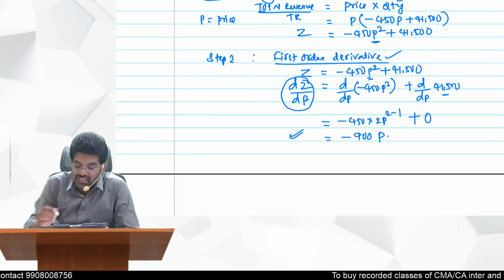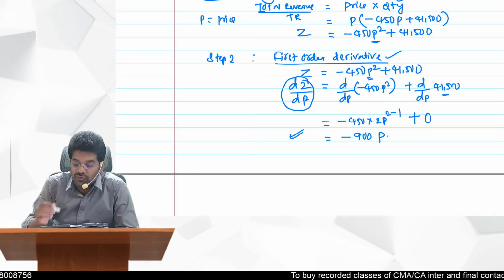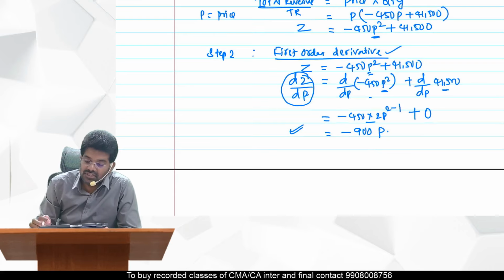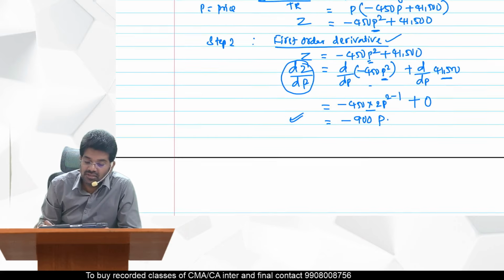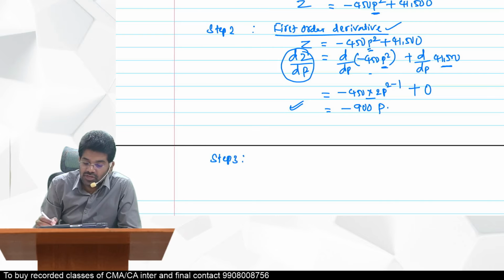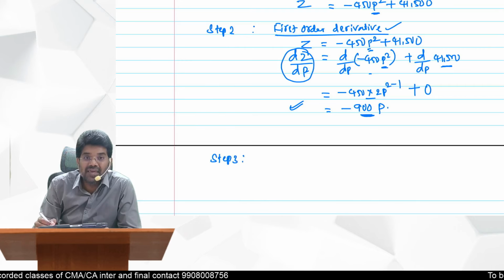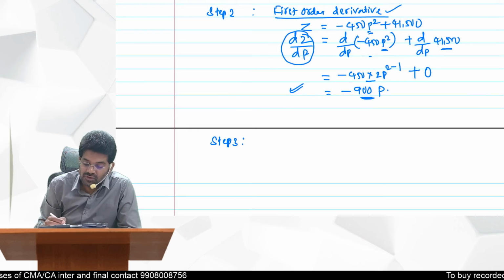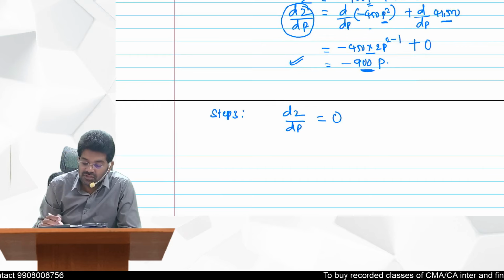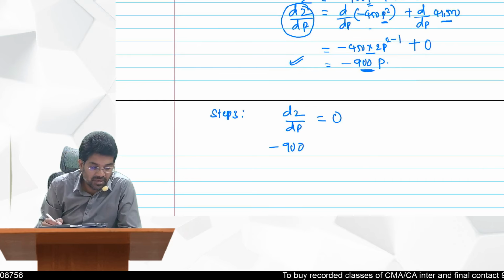So now you can understand that without knowing the derivative formulas, can you get this? No, you cannot get this. So x power n we applied here. This constant, 0. Now step number 3. What we should do? Step number 3. We should equate this with 0 to get P value. So dz by dP is equal to 0. We should equate with this 0. So minus 900P is equal to